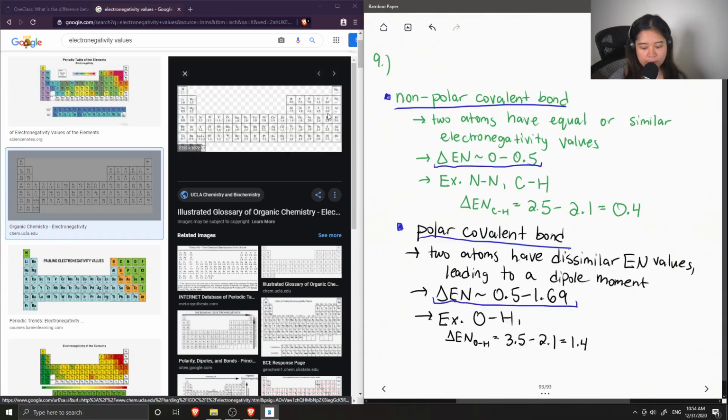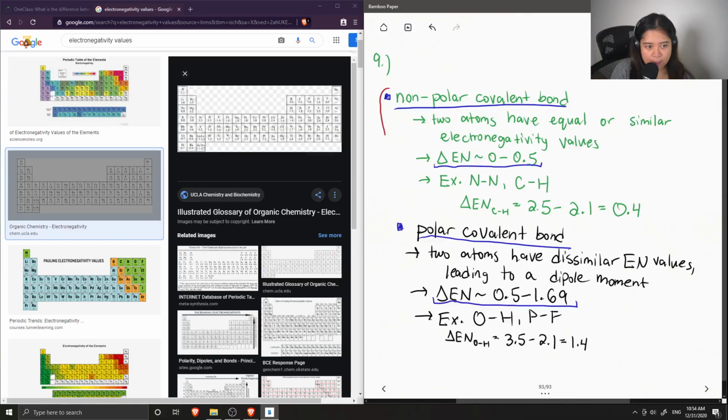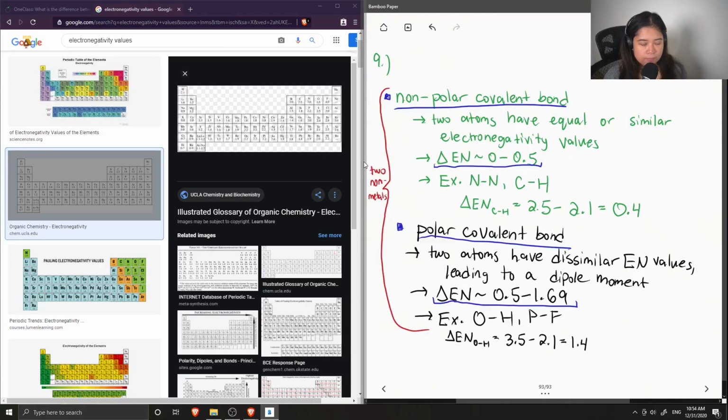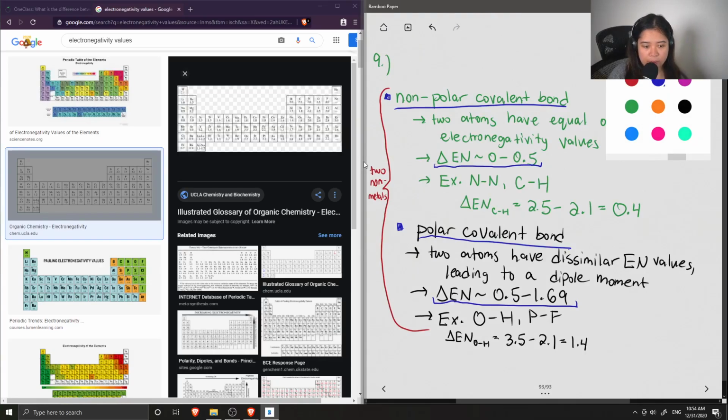Another example of a polar covalent bond would be between phosphorus and fluorine. Another thing to note with polar and nonpolar covalent bonds is that these only occur between two nonmetals. So when we have these differences in electronegativities, these are going to be between the two nonmetals,